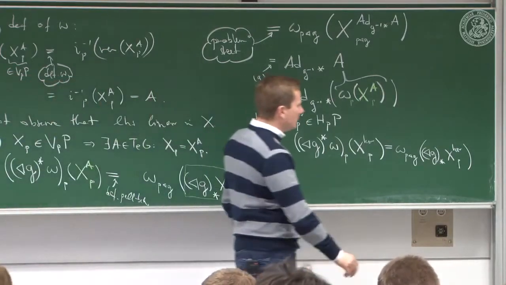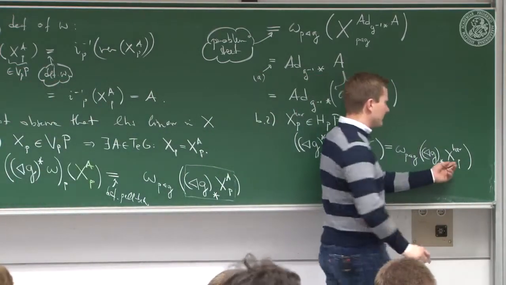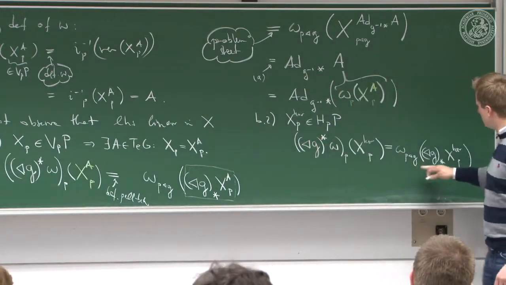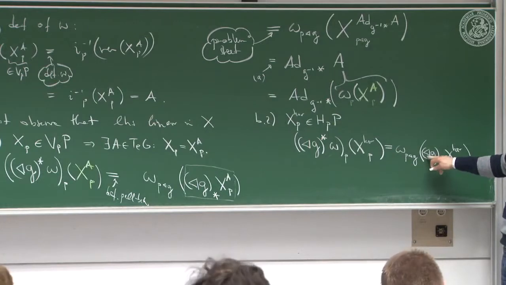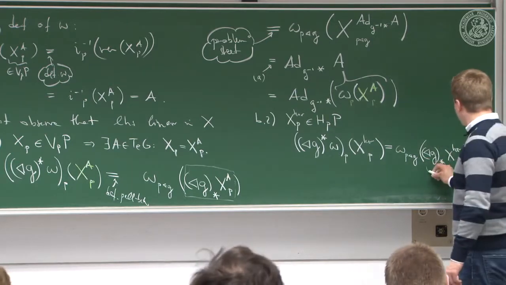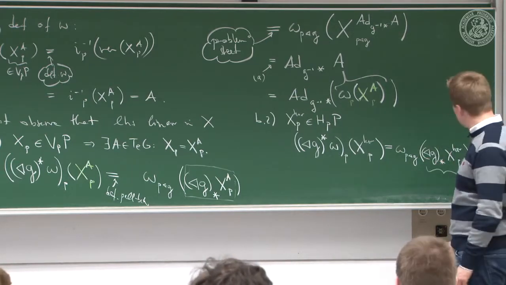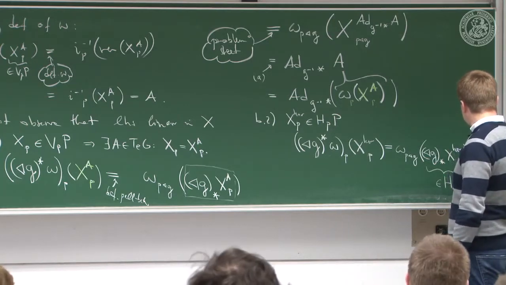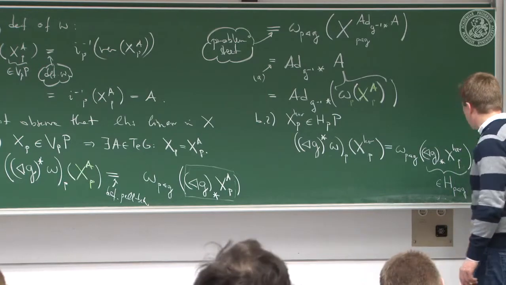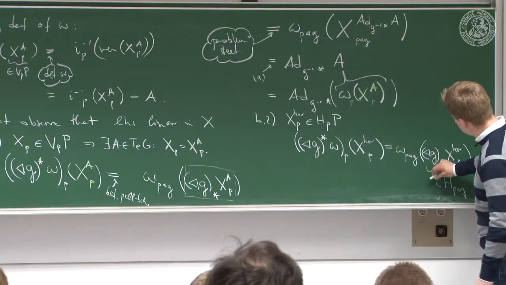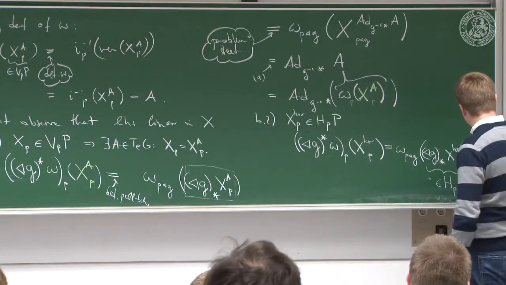But now this x hor P is of course an element, by assumption, of the horizontal subspace. But what do we know about the push forward of this right action of G of any element in the horizontal subspace at P? Well, we know by property B of the connection that this is an element of the horizontal subspace at P acted upon from the right by G. Why was this? Well,